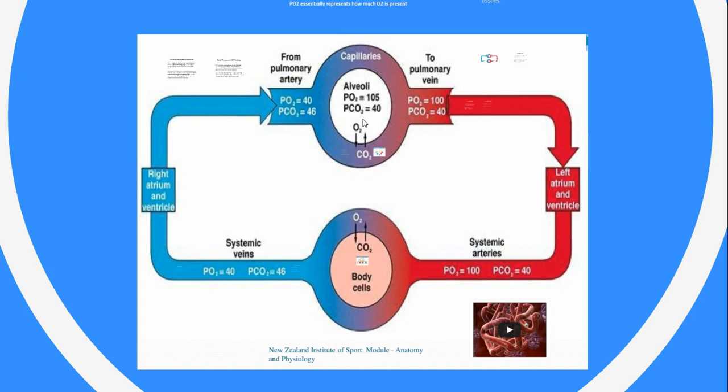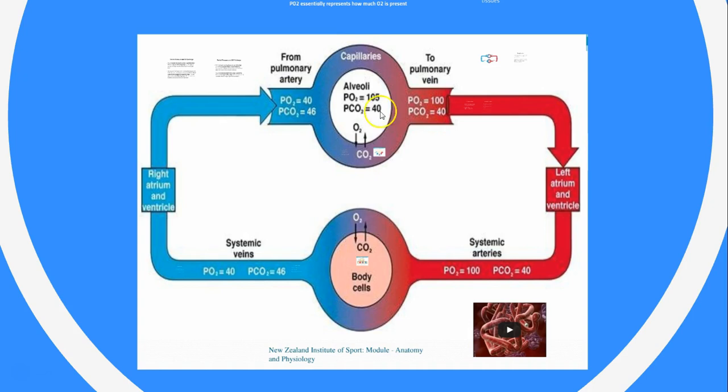Now, because we're not working out super hard, we're not producing large amounts of CO2, but this number will rise dramatically as we start to do more activity. And of course, the more that arrives back to the capillaries and the lungs, the more that's going to dump into our lungs, and the more we're going to breathe out. Now, quite even amounts of oxygen and CO2 are actually being exchanged here, and the reason for that is CO2 molecules are tiny in comparison to oxygen ones. They don't need as much pressure to drive them across, so quite a lot of CO2 is being exchanged here, even though the number difference isn't so big as 105 to 40. We're only talking about 46 to 40, but a good amount of CO2 is being poured out into the lungs